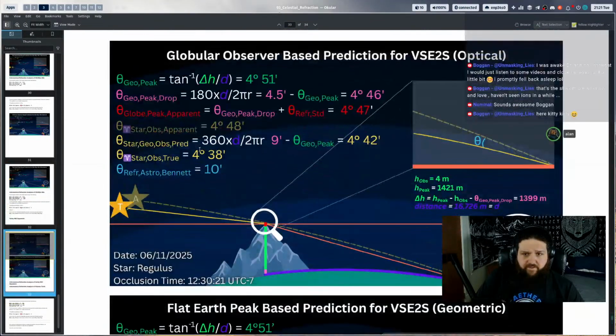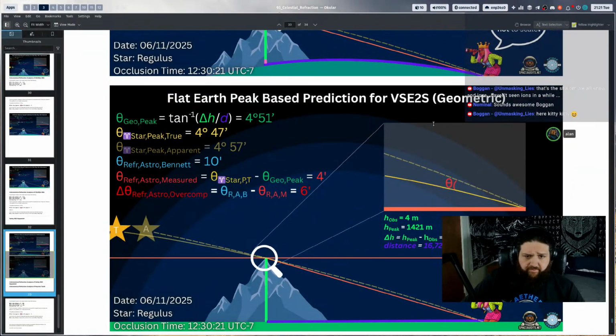This is Regulus being occluded at 4 degrees, 51 arc minutes for the prediction to the peak. And then we have a geometric drop of 4.5 arc minutes, giving an angle of 4 degrees, 46 arc minutes, 4 degrees, 48 arc minutes where the star was when it was occluded for the observer. So we'll take a look at where that was with respect to the peak now, and then we'll compare and